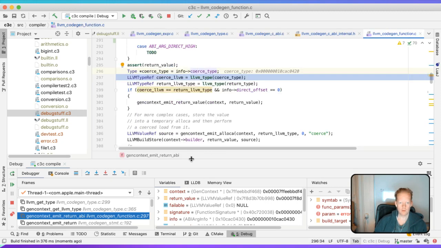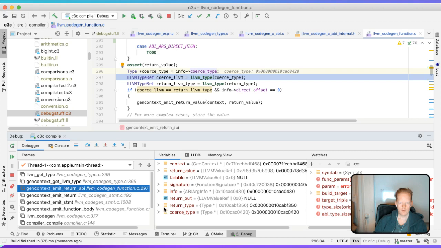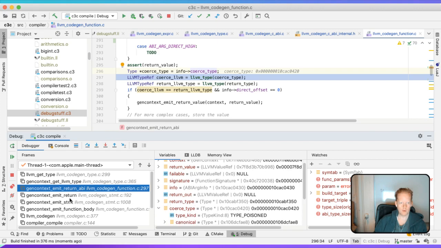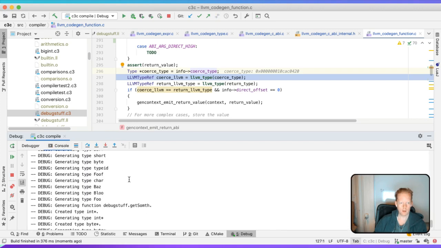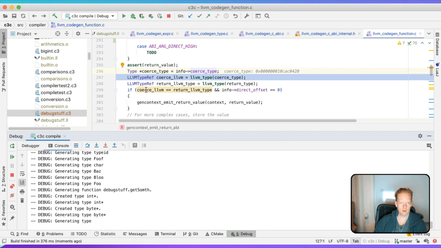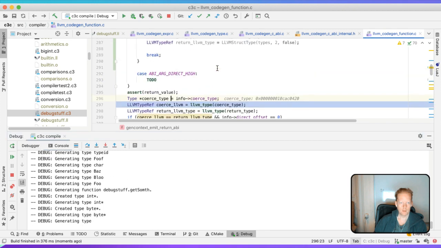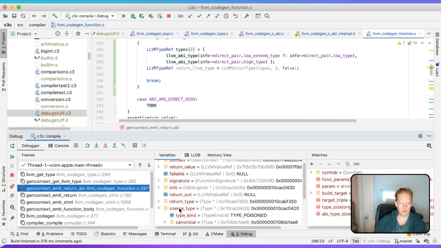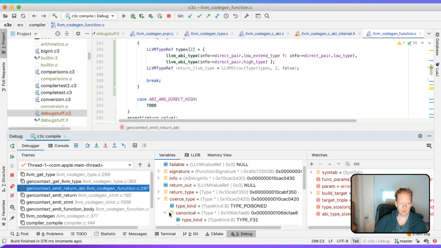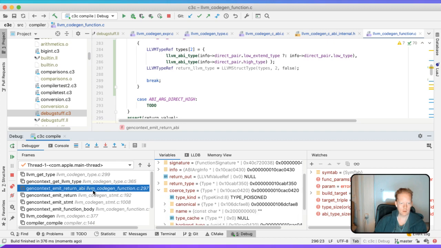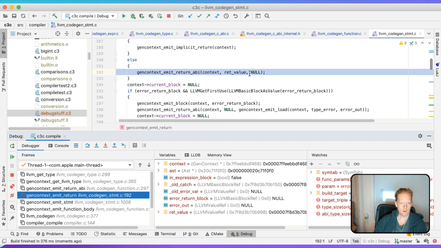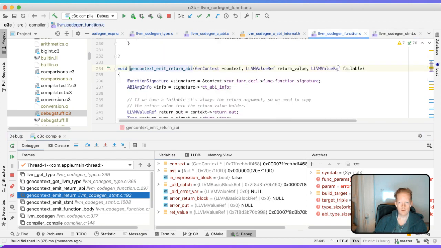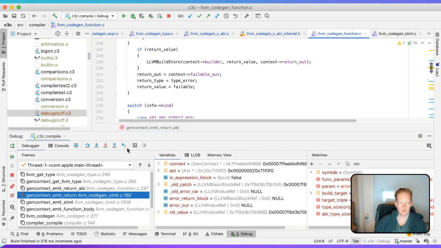So here we have a queries type. It is a type of poisoned. This should never compile. Something broke, but it didn't show it broke or something. Anyway, we still haven't really gotten the thing I wanted,